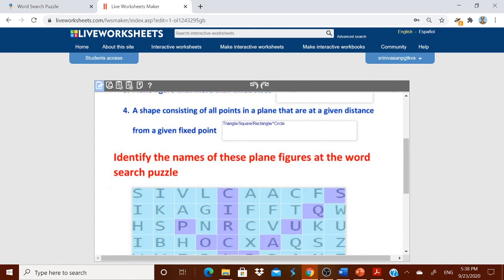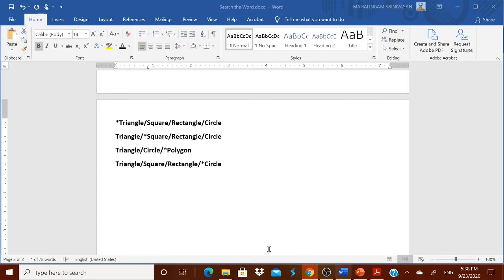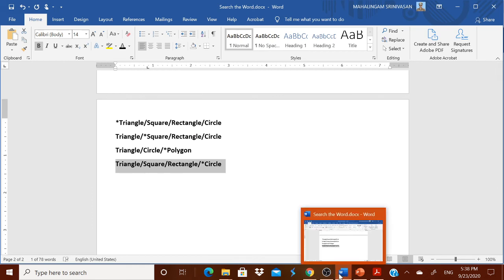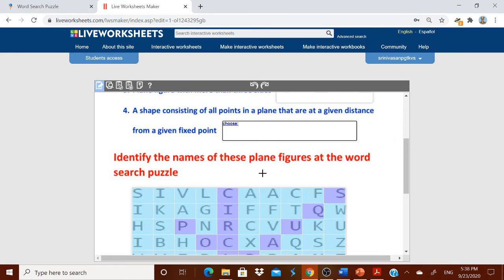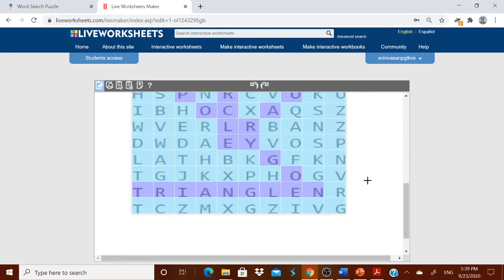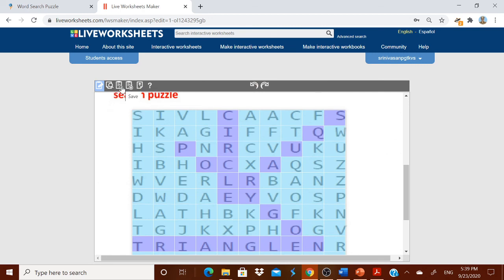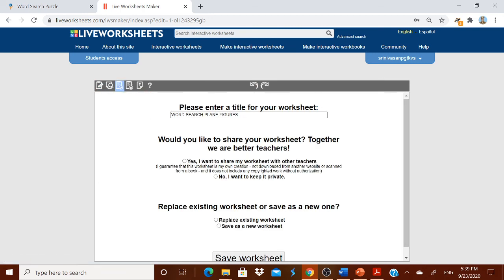I think here I have not typed that choose. Okay, I have not typed it. Okay, let me type choose. I think that was a mistake I have made. Choose. I think this one has to come over there. I think choosing was not there. That is why it is not taking it. Choose. Okay, well, I think you got it. Now I will once again save it. Anyway, one mistake I have made.